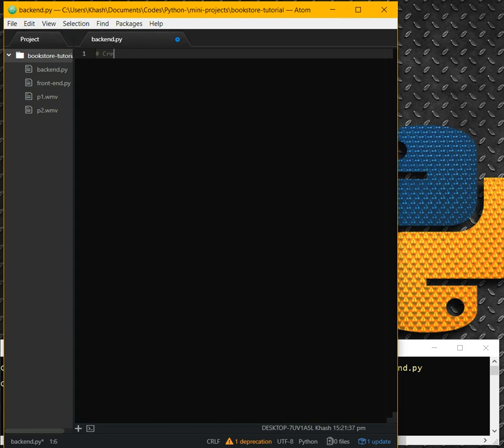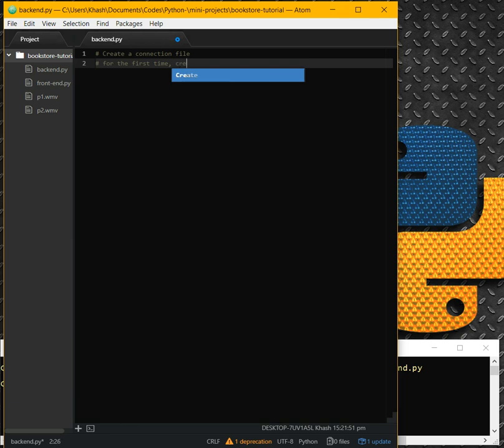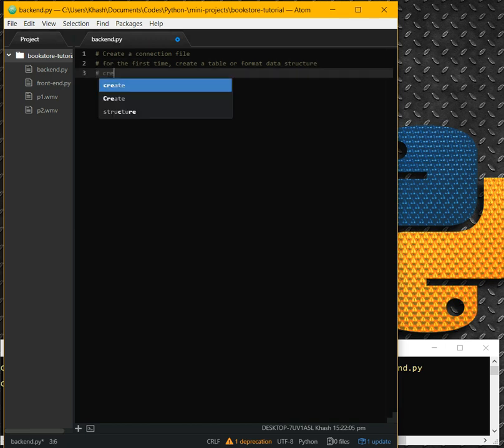The first thing is to create a connection file, and the second one, if it's the first time, we need to create a table, or in other words, we need to format our data structure,